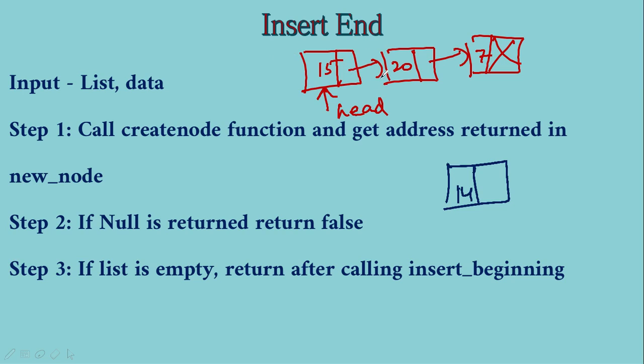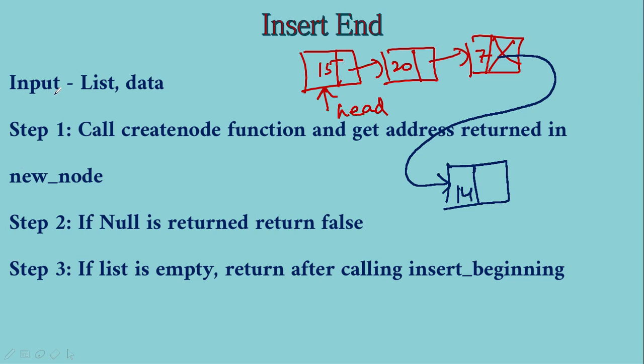First we will take a case when a linked list has got 3 elements. Okay, already 3 elements are there in the linked list, 15, 20 and 7. Now I am going to insert 14. Then what should we do? We should create a node and put the value 14 in the data part, and then we have to make a connection between the last node and this node. Okay, that's all. We are not going to do anything more, right? These are all the steps involved.